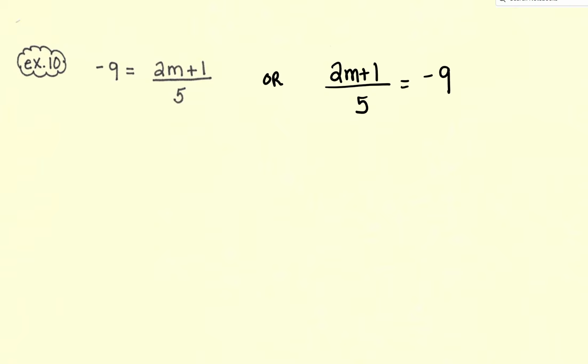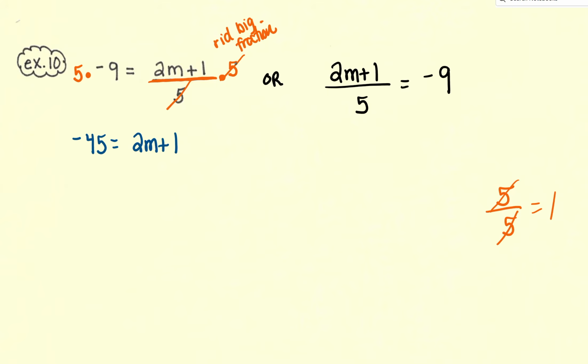So this right here is one where you have a huge fraction. The whole thing's a fraction. And so we need to get rid of that big fraction, the whole term that's a fraction. So if this is a divide by 5, I need to multiply by 5 to both sides. That way I have a 5 in the top and a 5 in the bottom. It's what we've been saying kind of throughout the video. A 5 in the top and the 5 in the bottom just cancel. So now I have positive times negative, which is negative 45, and then bring down your 2m plus 1 because